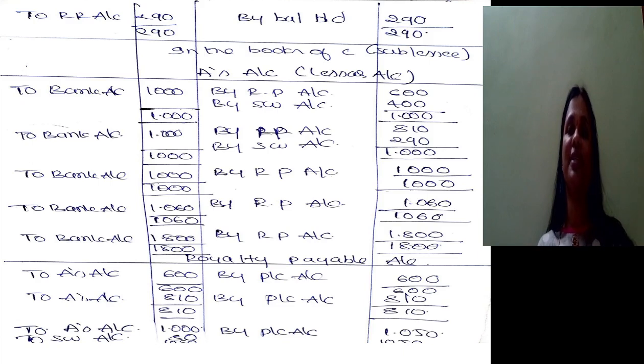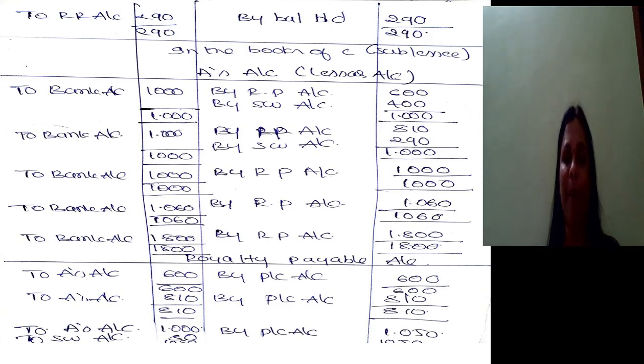Third year circumstances: royalty is equal to minimum rent. The due entry is royalty payable account debit to A's account 1000. A will be paid immediately. So in the books of C, A's account debit to bank account 1000. In royalty payable, so in royalty payable account,